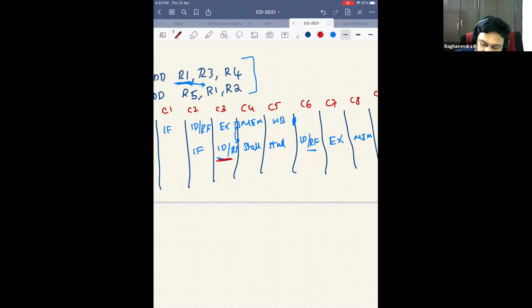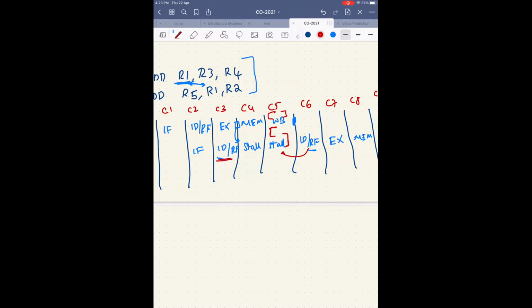Yeah, sorry, here you can do it, because you are assuming that half the stage is for writing and half the stage is for reading. There's an optimization in MIPS where in the first half of the write back stage you write the register, and the register fetch happens in the next half of the clock cycle. But that is just an optimization in MIPS. If you assume that optimization, this can happen here. If you don't assume it, that's also fine. Actually, when that optimization is not assumed, there comes a bug.